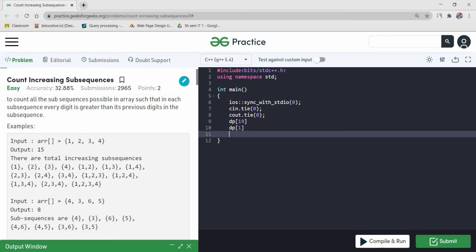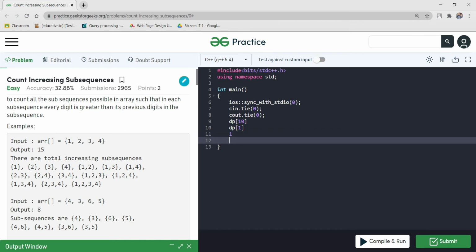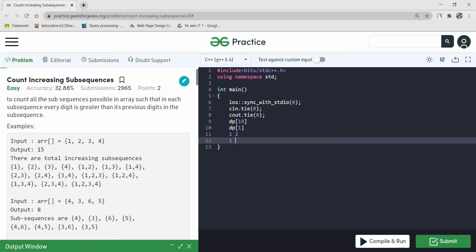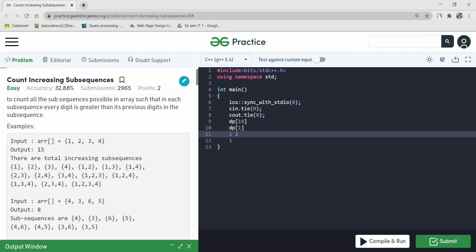When we move toward the first element of the array, that is 1, we calculate our answer, which will be equal to 1. When we are at 2, we find our answer for 2. What will be the answer for the second element? We have seen that 2 is greater than 1.